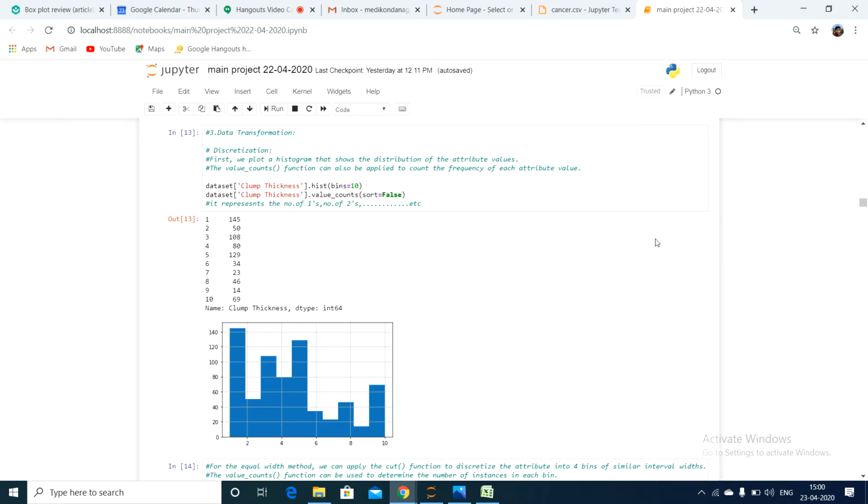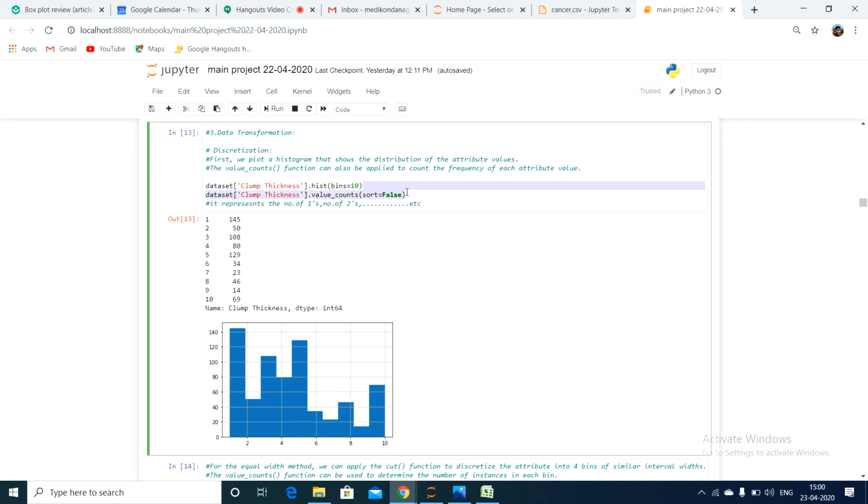So what we are doing is, see here, data set dot value count. I have already told you the importance of value count. The value count is a function that counts the frequency of each attribute in the column. So here you can see how many values there are in the first column, clump thickness, with values ranging from 1 to 10.